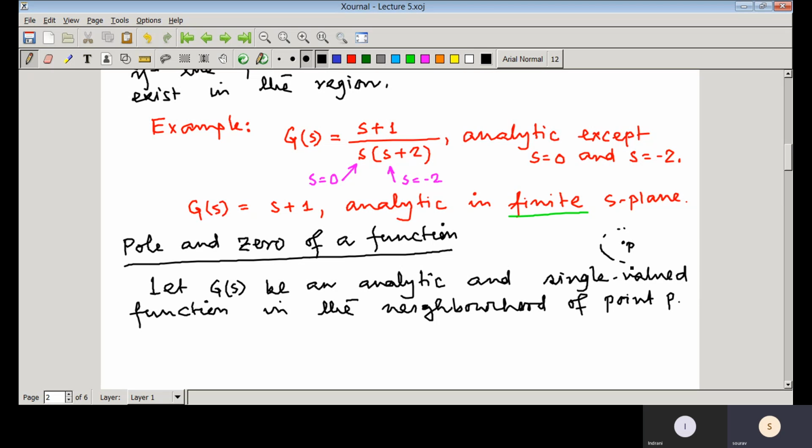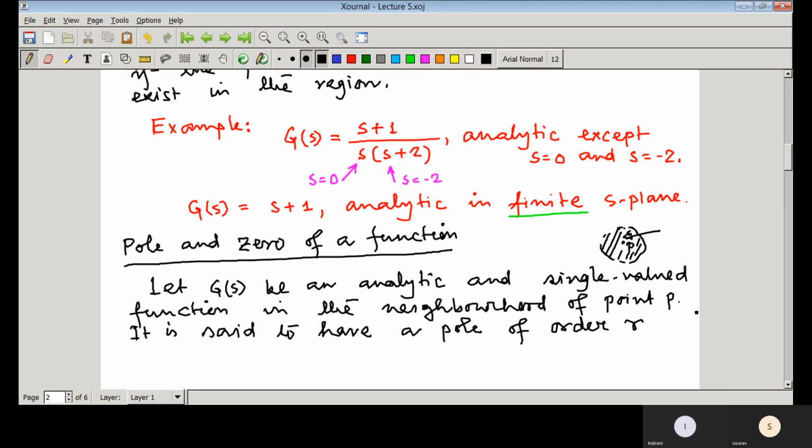That means if you just consider the neighborhood of that P, excluding that point P, everywhere that function is analytic and a single valued function, it is said to have a pole of order R at s equal to P